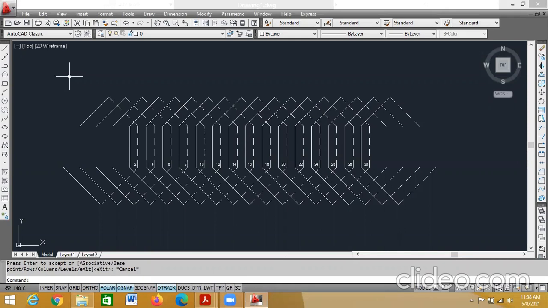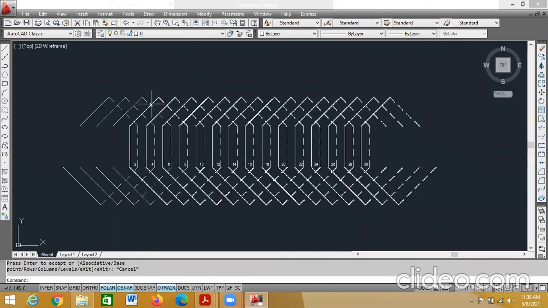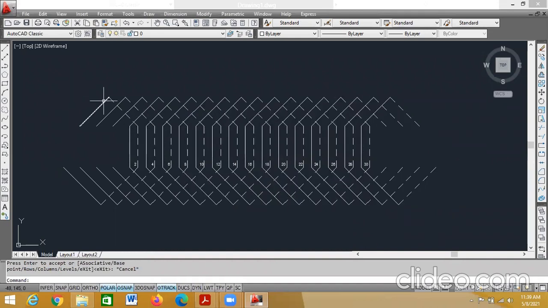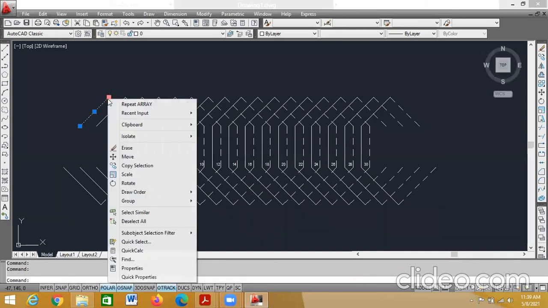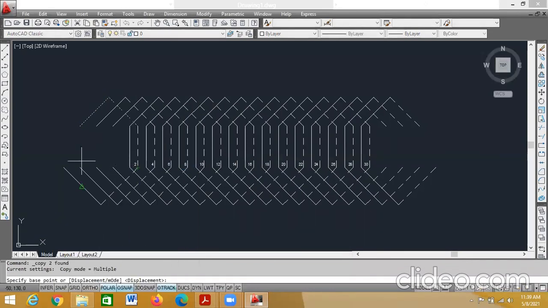Any doubts here? Okay, for all the things you can do copy selection. If it is comfortable, you can do copy selection and keep on placing like this. What is the advantage of copy selection here? You can select like this, right click, copy selection, base point, it will ask this.